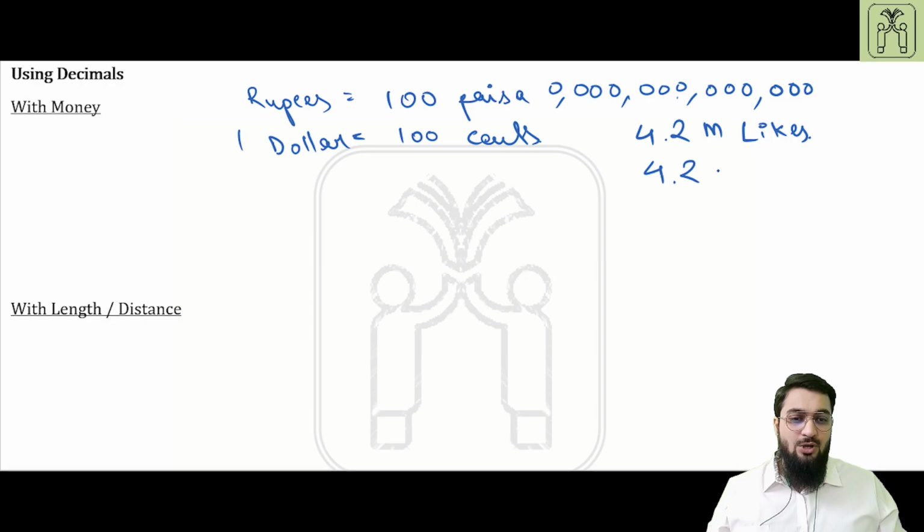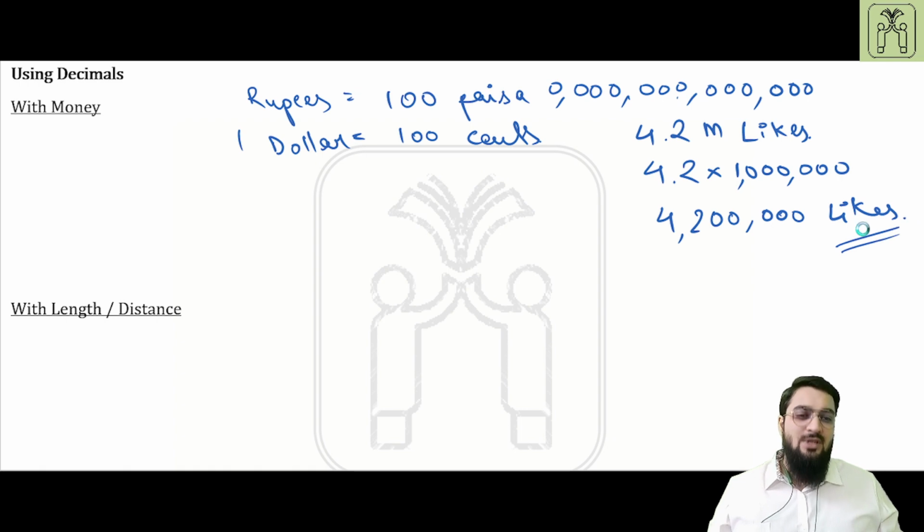So 4.2 into 6 zeros, and that will lead to the answer of 4,200,000 likes. This will be converted in this fashion, or you can convert between millions and crores and lakhs and